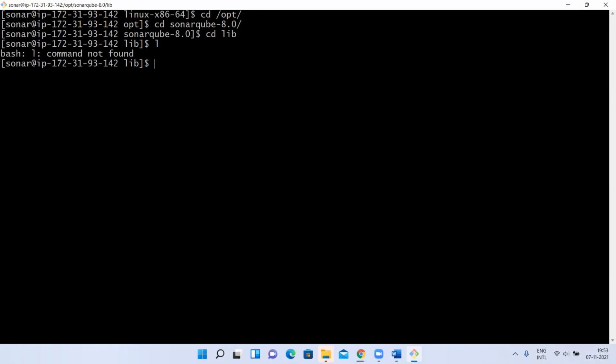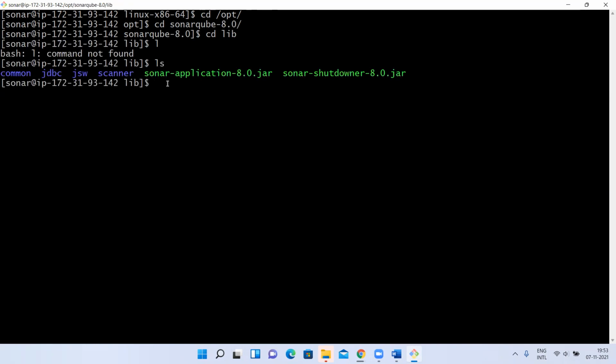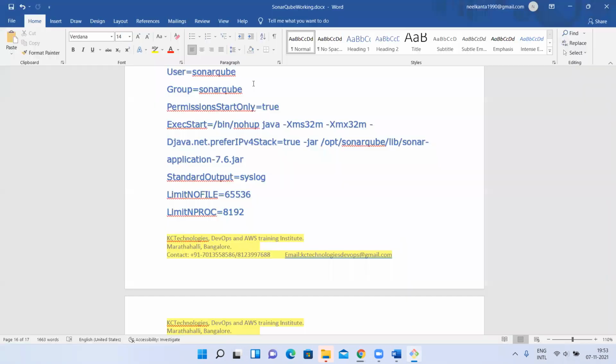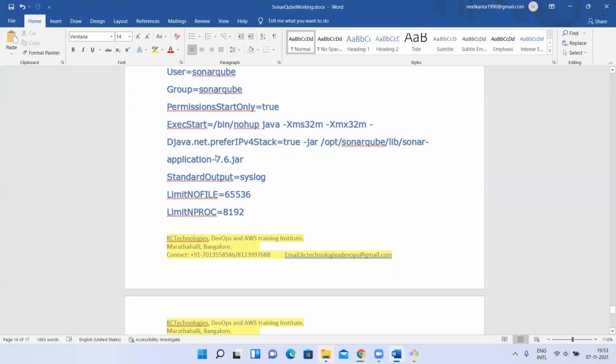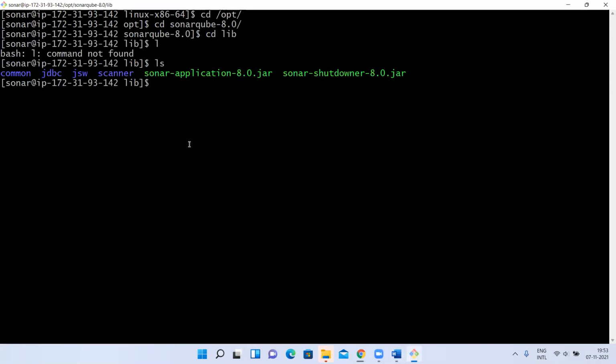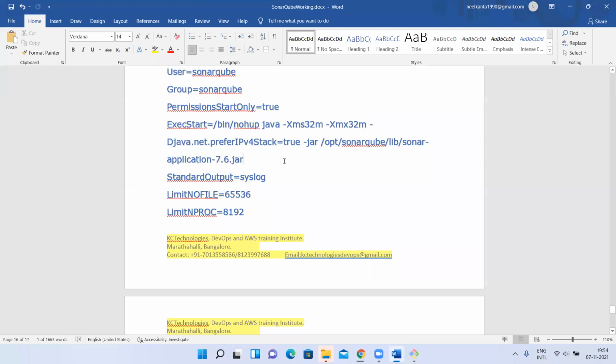Here, ls, there will be one file called sonar-application-8.jar. You have to give this file, including the location. In this document I have mentioned the 7.6 jar, so for you it will be a different file, because the version has changed. When I created this document it was version 7, but now it has changed.